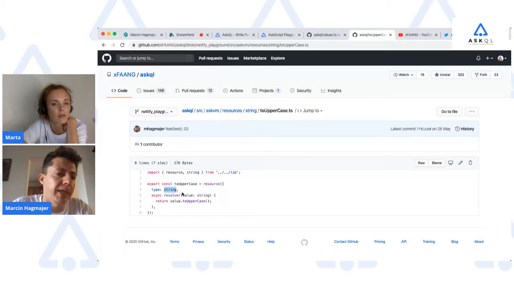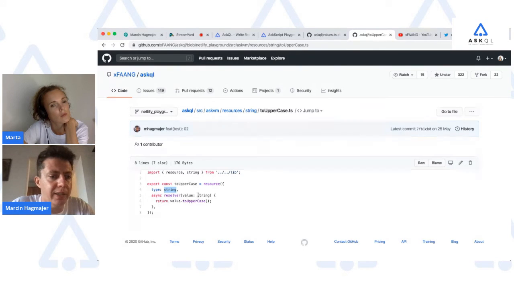So toUppercase is going to give you a string, and it also takes a string, because you can see in this resolver, which is just a fancy name for a computation, that it accepts a value that's also a string, produces a string, and its implementation is value dot toUpperCase.